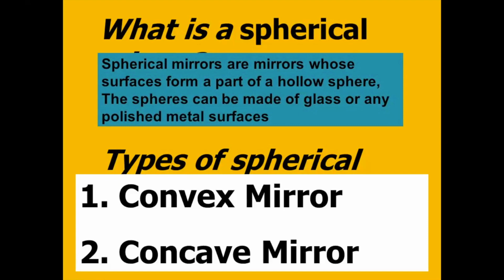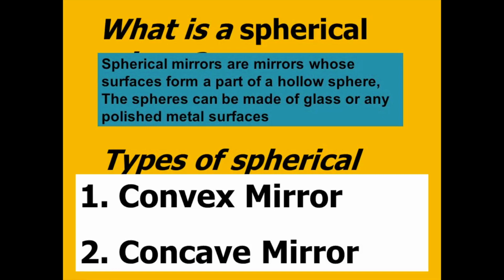If I make the inner part shining, I can get a concave mirror. And if I make the outer part shining, then I will get a convex mirror. When I make the inner part shining, I have to keep the outer part opaque. Only one part shining, I will be doing it. Cave means the inner part. You know the cave, it has to be an inner part. So that is a concave mirror, inner part shining.